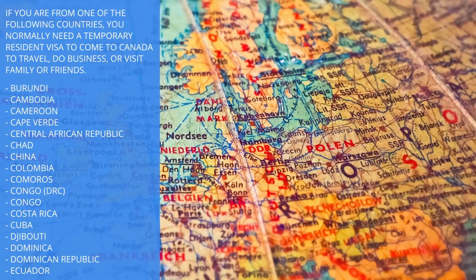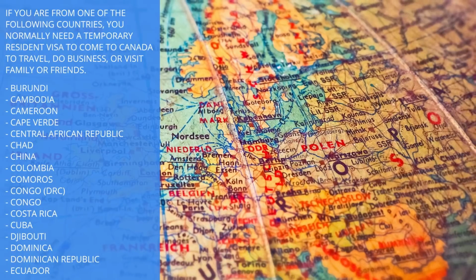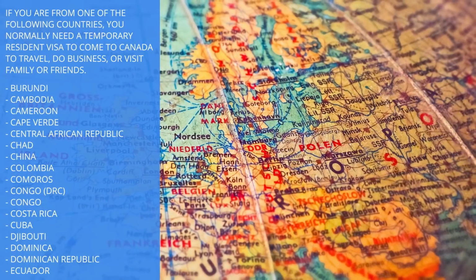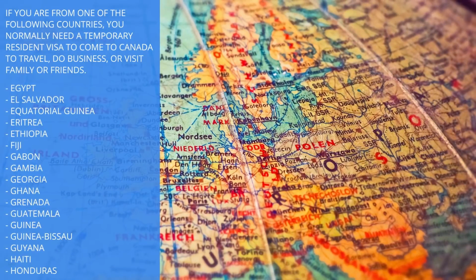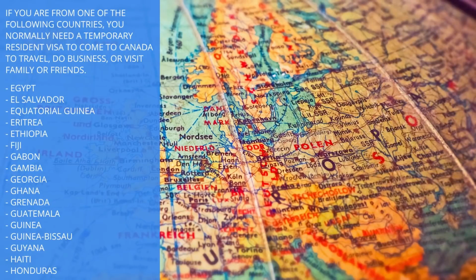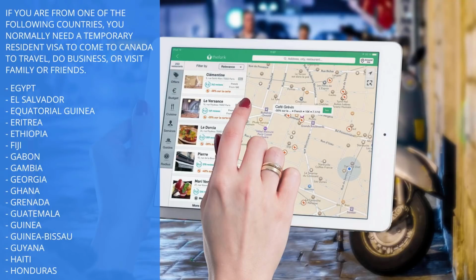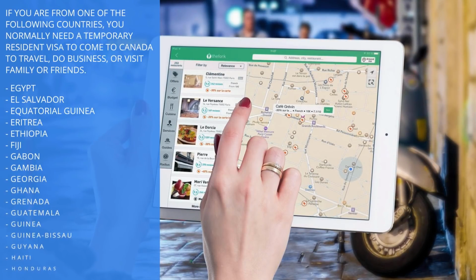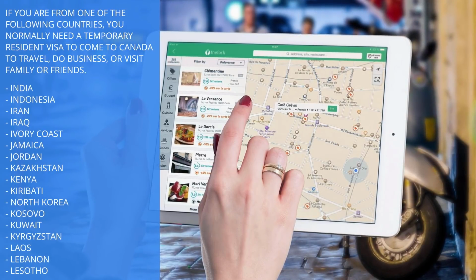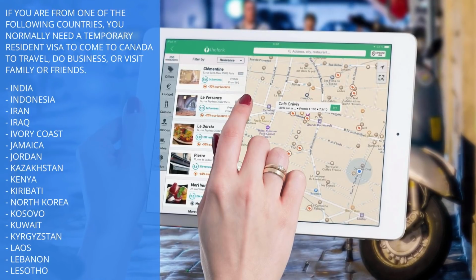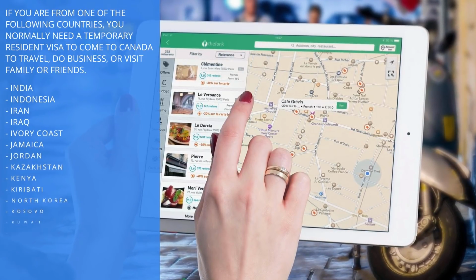Burundi, Cambodia, Cameroon, Cape Verde, Central African Republic, Chad, China, Colombia, Comoros, Congo, DRC, Congo, Costa Rica, Cuba, Djibouti, Dominica, Dominican Republic, Ecuador, Egypt, El Salvador, Equatorial Guinea, Eritrea, Ethiopia, Fiji, Gabon, Gambia, Georgia, Ghana, Grenada, Guatemala, Guinea, Guinea-Bissau, Guyana, Haiti, Honduras, India, Indonesia, Iran, Iraq, Ivory Coast, Jamaica, Jordan, Kazakhstan, Kenya, Kiribati, North Korea, Kosovo, Kuwait, Kyrgyzstan, Laos, Lebanon,